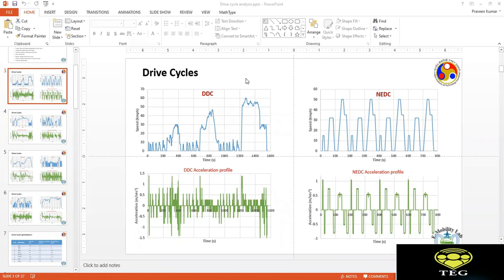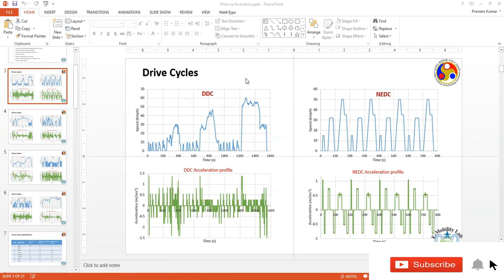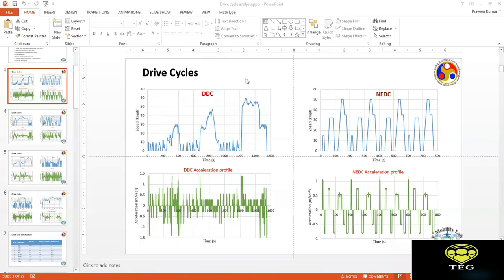So now in that duration of time we have to overcome the inertia so that the body comes to the new speed. Maybe you are going at 40 kilometers per hour and you have to accelerate to 50 kilometers per hour in a certain duration of time. So that will give me the acceleration. And moving from 40 to 50 kilometers per hour, I have to again overcome the inertia. So it's always the torque which can overcome the inertia. So whenever there is an acceleration demand, you need higher torque for the duration when the acceleration is happening. So that's very important.